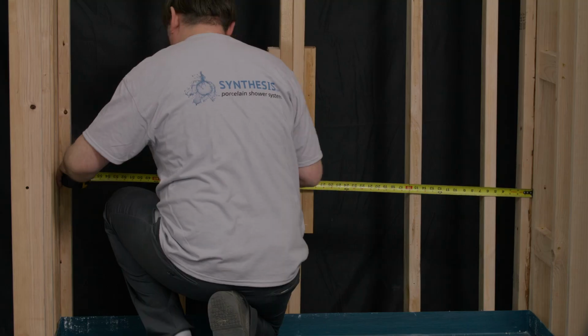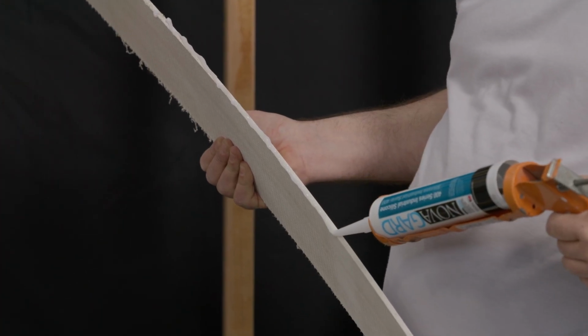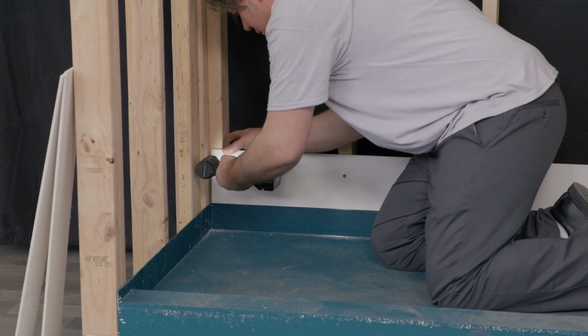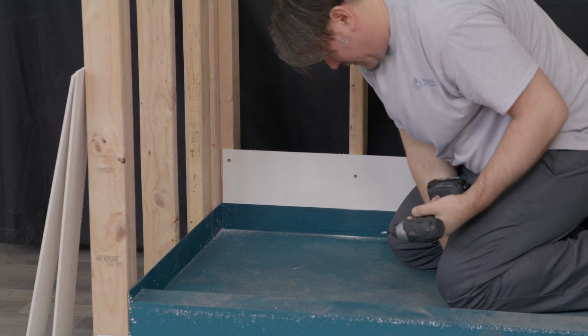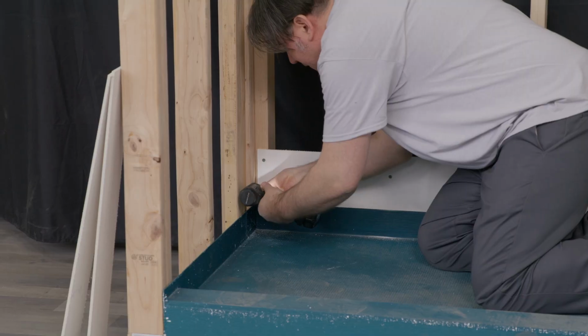Installation of the pan skirts. Start by installing the shower pan skirt on the back wall. Place a heavy bead of clear sealant on the bottom edge of the moisture-resistant shower pan skirt. Place the shower pan skirt horizontally on top of the shower pan flange and attach the skirt to the wall studs using 2 rows of the provided screws on each stud, one at the top of the skirt and one